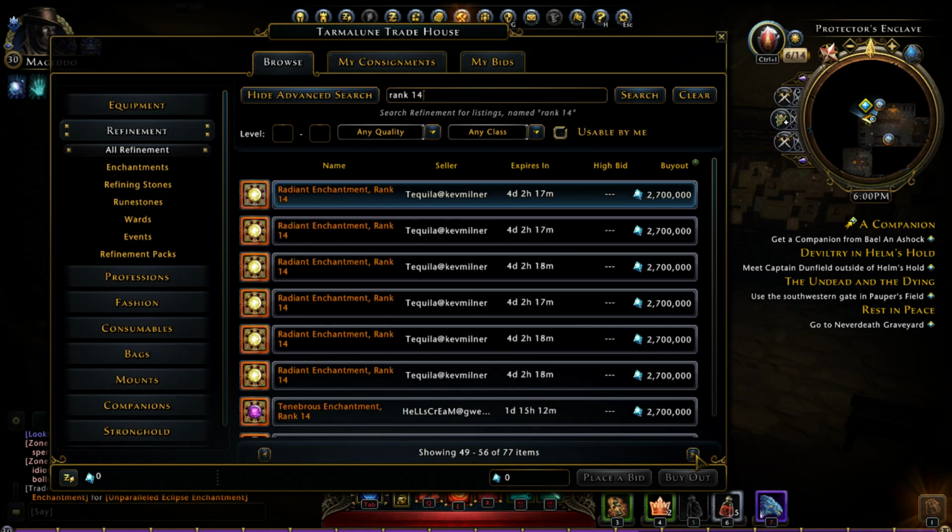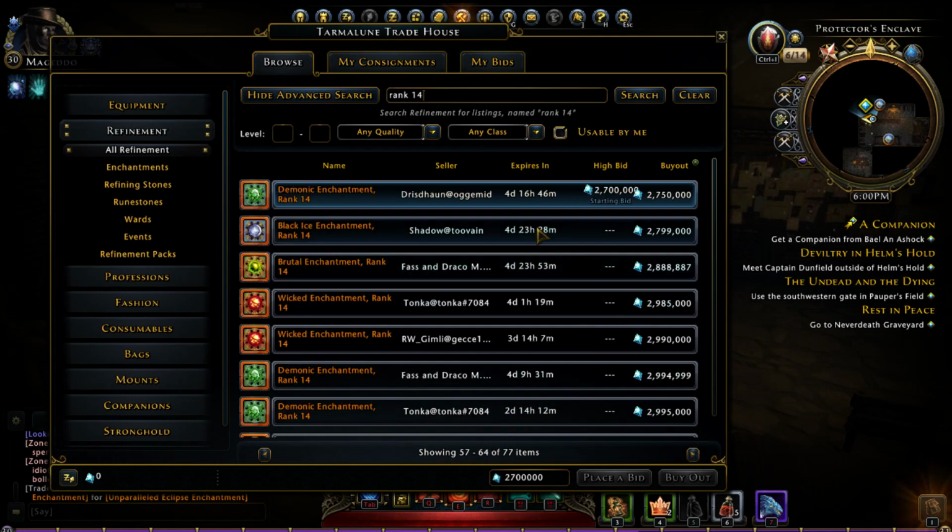If we look now, where there's not an event, the lowest cost rank 14 enchantment is 2.8 million. So 800,000 more than during an event. If you do make things like those, make sure you're prepared to sit on them until the event has passed and the trade house stabilizes. If we go back